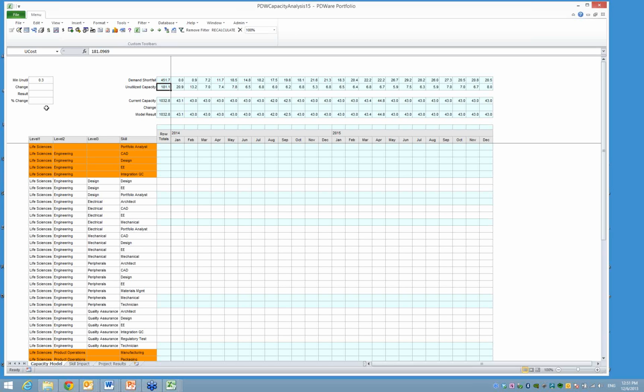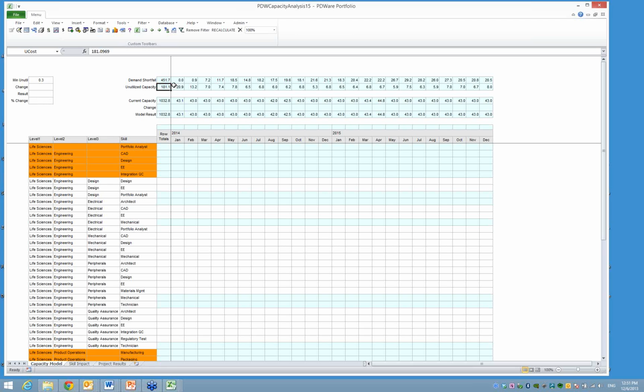And so what the model does is it allows you to say, given a certain change in either my spending or headcount on the resource side,